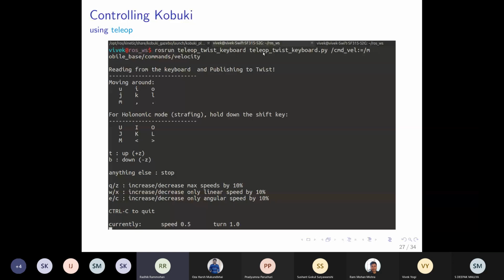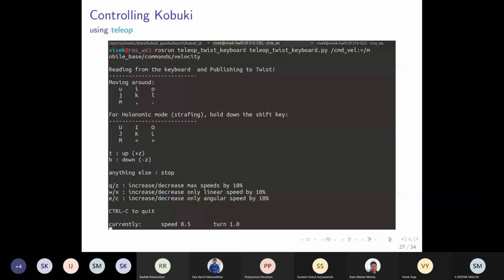So this keyboard script is going to... Yeah, tell me, Deepak. Yeah, so there is some lag between your voice and the mouse cursor movement. So you can maybe explicitly say which topics. Okay, sure. So this cmd_vel, this is the default thing, and now we don't need this.